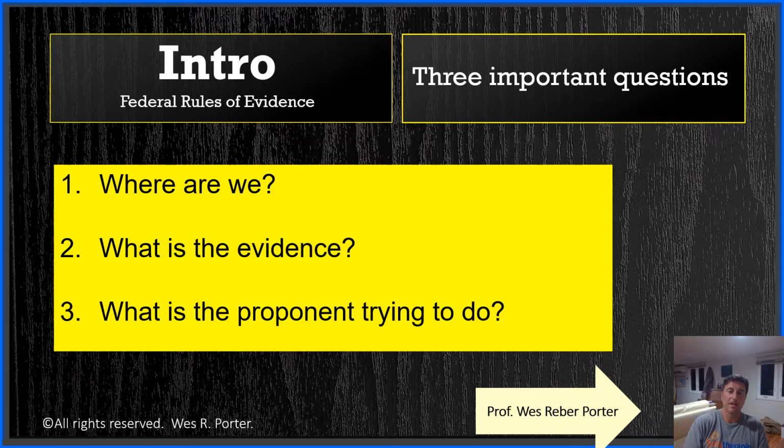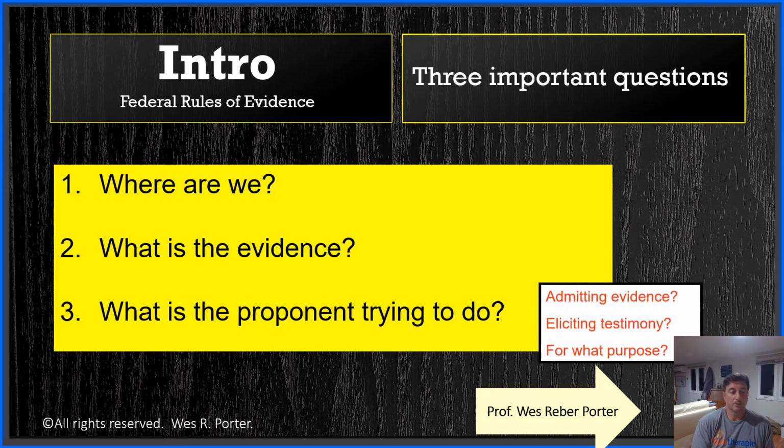So you have to think about it. The arguments often turn, and we're going to cover so many rules where the arguments turn, on what the proponent is trying to do. The opponent's saying they're trying to do the bad thing, the thing that they're not allowed to do under the rule. The proponent, when they have an opportunity to respond to that objection, is going to say, no, two hands up in the air, I am allowed to do this. I am doing something innocently. I'm doing something that I'm permitted to do under the rule. I don't have that evil intent, that evil purpose that is ascribed to me.